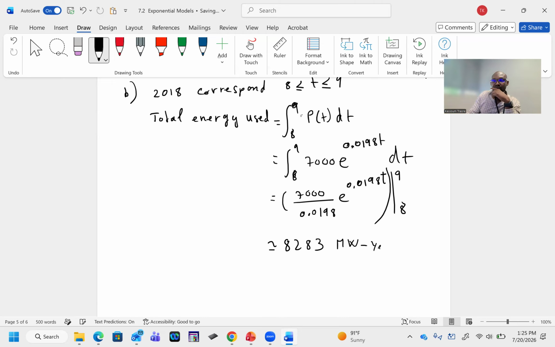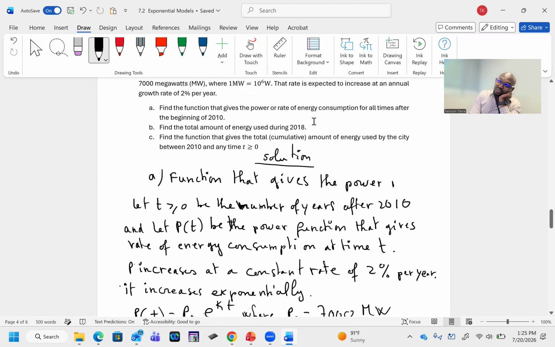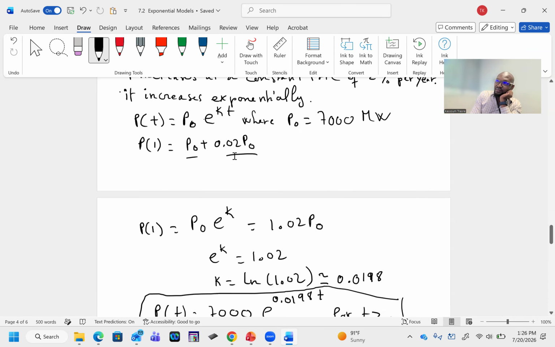Megawatt year. Okay, so now next, we're asked to find the function that gives the total cumulative amount of energy used by the city between 2010 and any time t. So we'll just